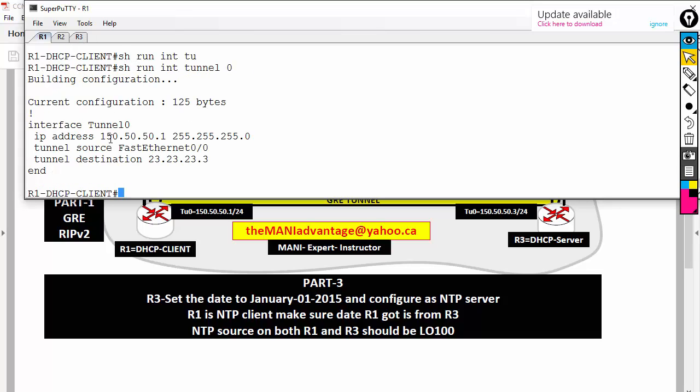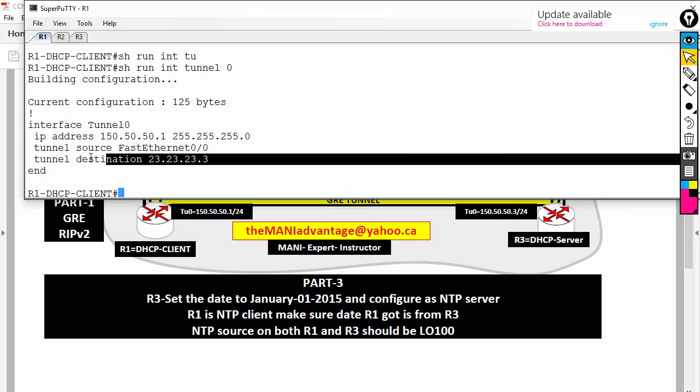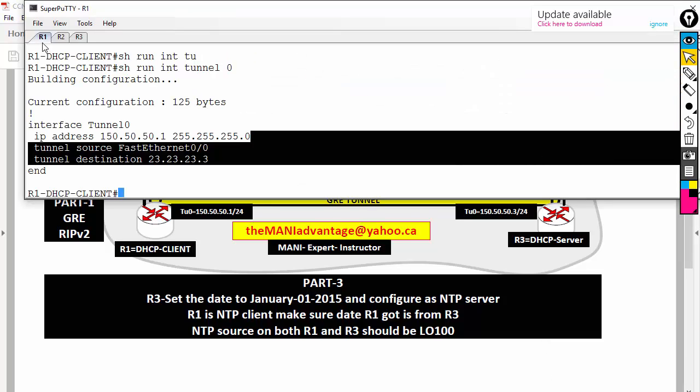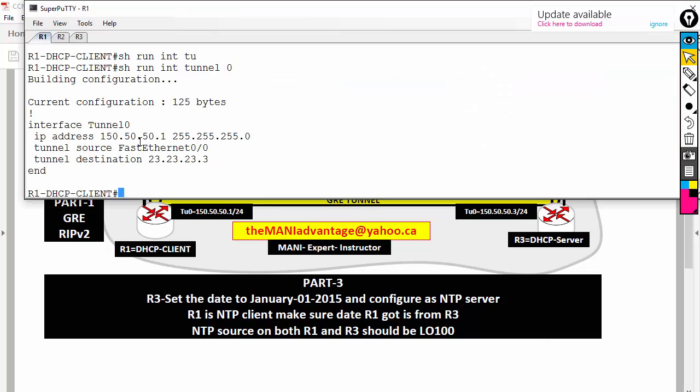R1 is also just the exact opposite, so you just crisscross the tunnel source and tunnel destination. Right now, what I'm thinking is the tunnel should be up, because with RIP there is no neighbor relationship. If I type show IP route RIP,